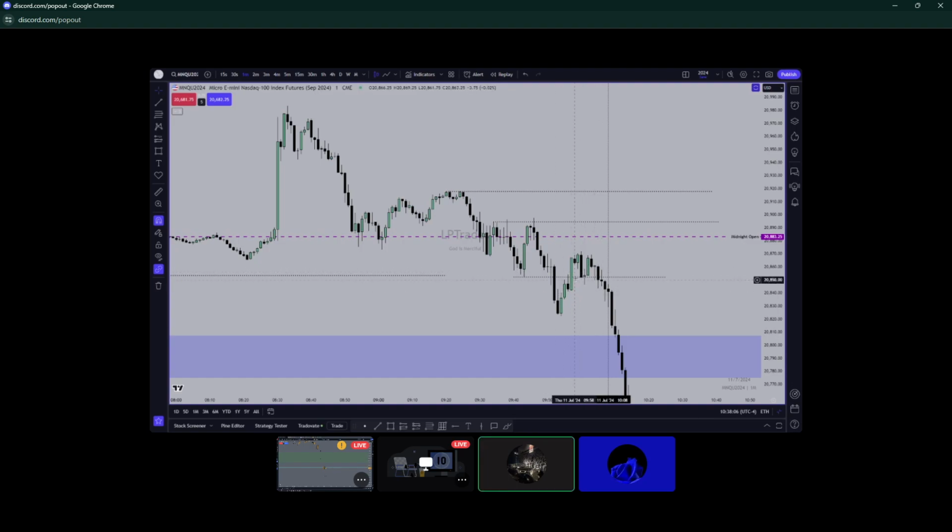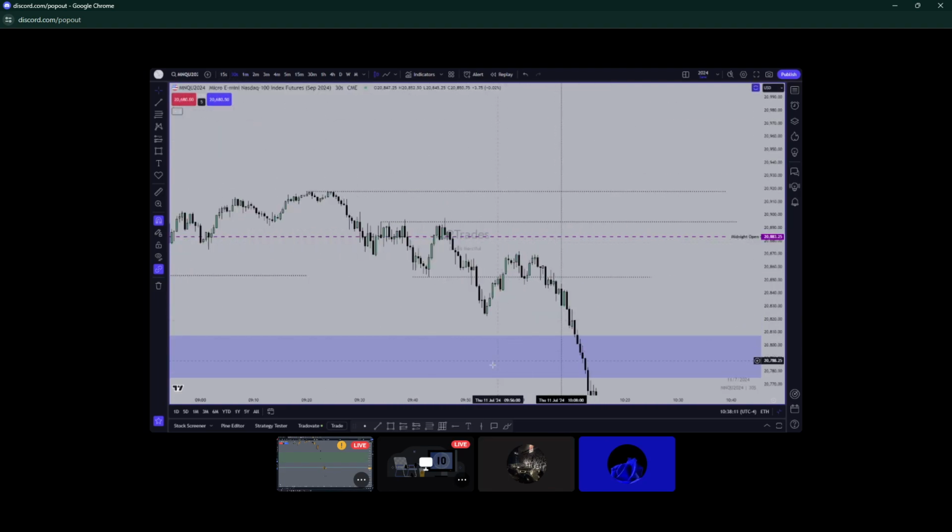I waited a very long time. I could have inversed it earlier, and I didn't because it was poor quality. But after a while of finding support in this inverse fair value gap, I decided to long it at 10:05,